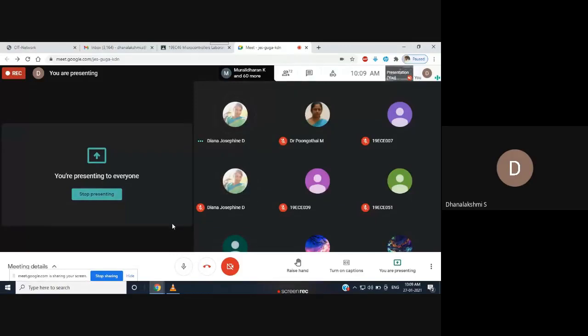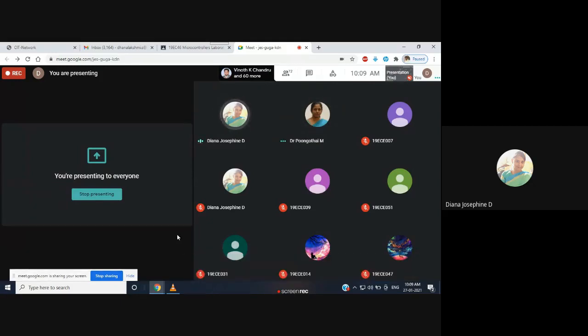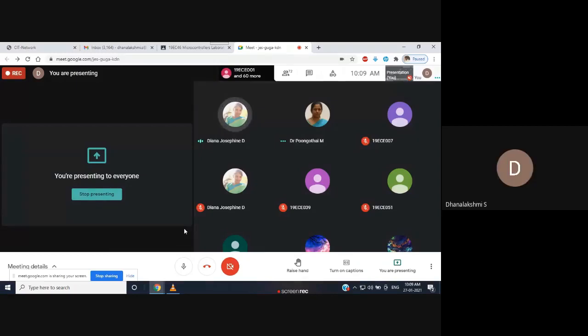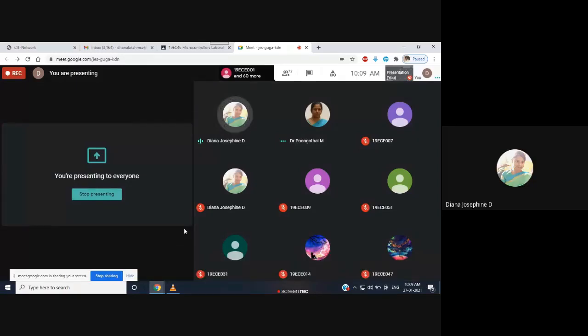Any doubts? So this is the kit we usually use in the lab for programming 8051. All your seniors have done the programming in this kit, and you'll also have the tutorial for this subject. You would be using the kit with the previous syllabus. Now as we have the online lab, we are using this MCU 8051 IDE. So for your purpose, we just took the video of the kit so that when you have a chance to work, you can work on the kit.